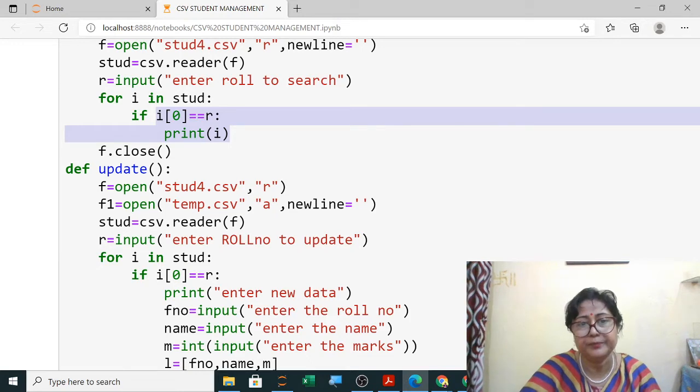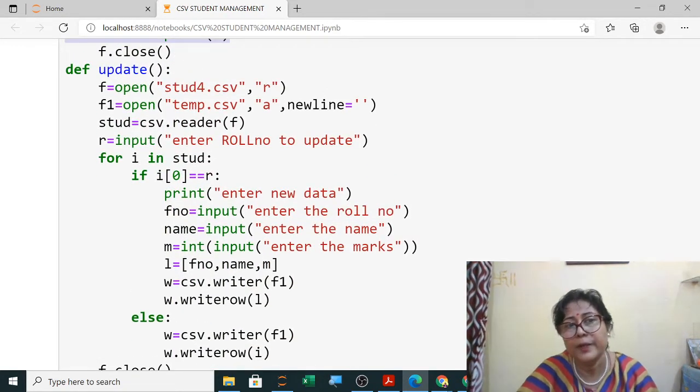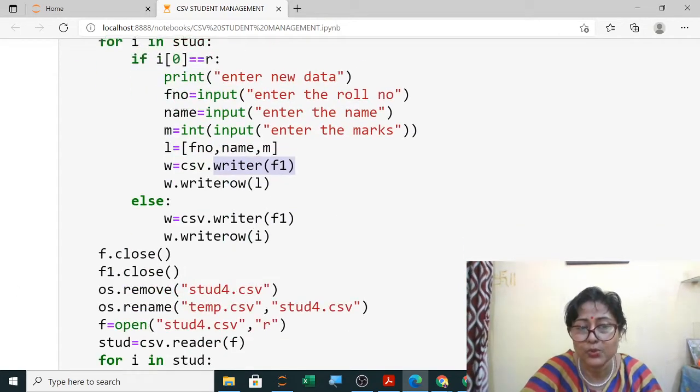Now for update also I will open in read mode, and the file in which you want to write you have opened in append mode. Then we are reading the file, and the roll number you want to update you take from the user. Then you will take the new data from the user, and you will write in a second file f1, that is temp.csv. So you will open the writer, and then writerow will write the rows.